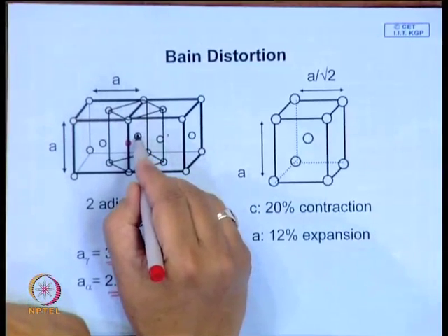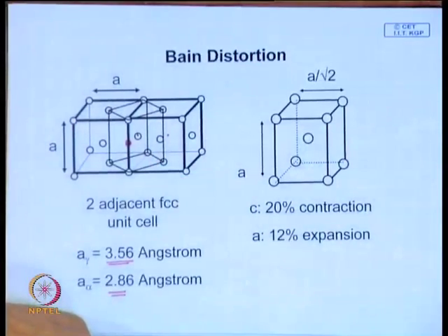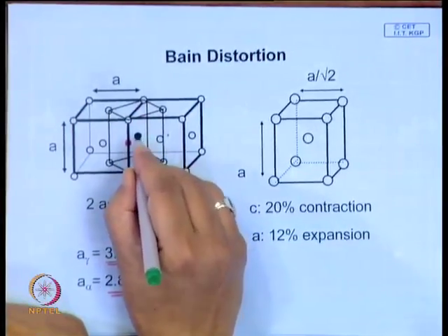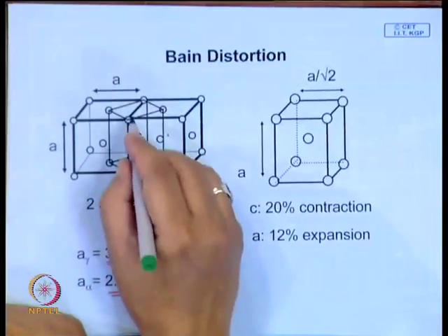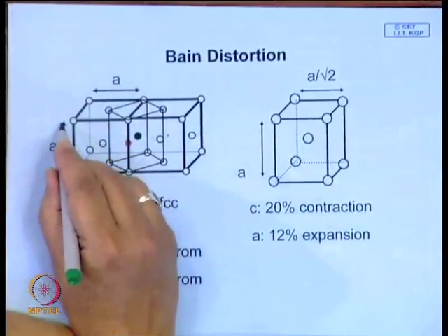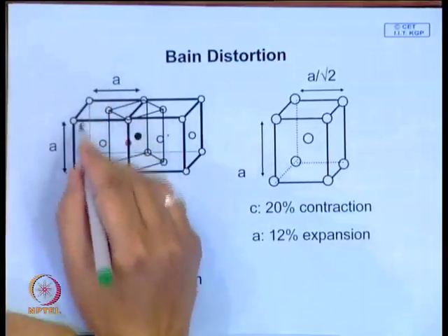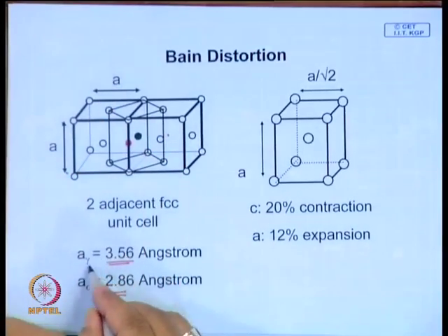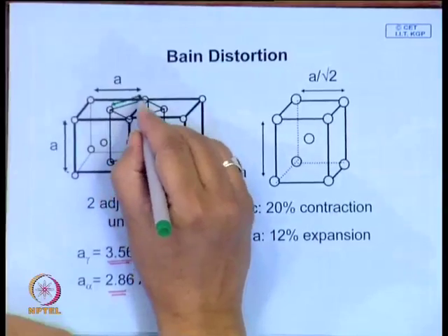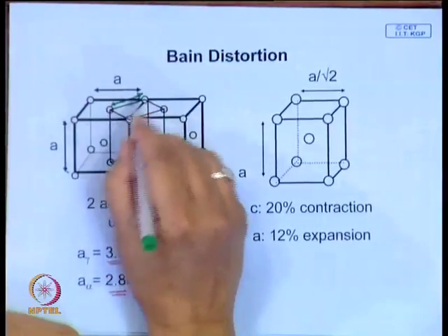You have a center atom here which is an iron atom. So, this is an iron atom at the center of this lattice, but this dimension, if you look, this dimension is A, where A is the lattice parameter of austenite,